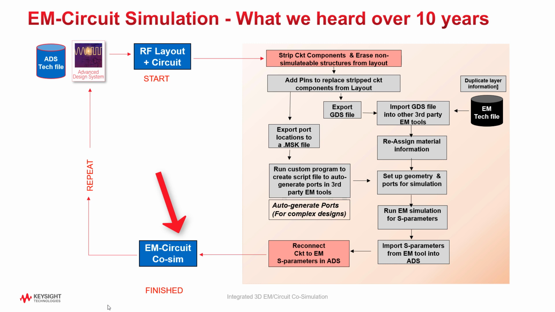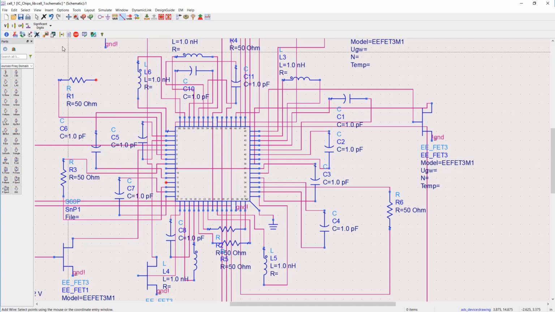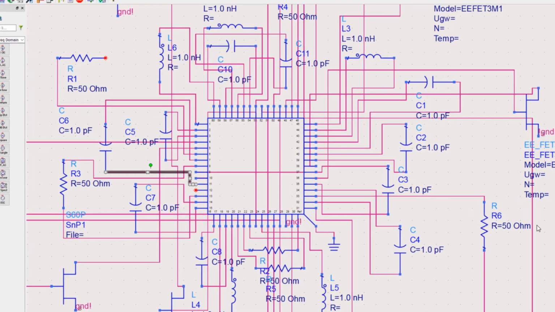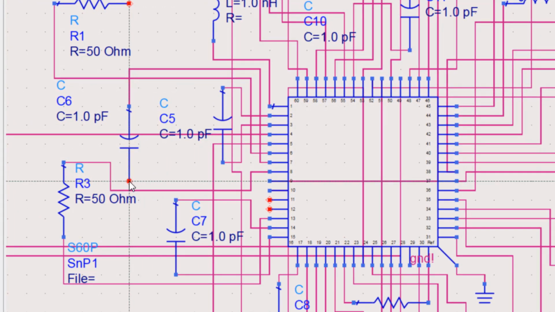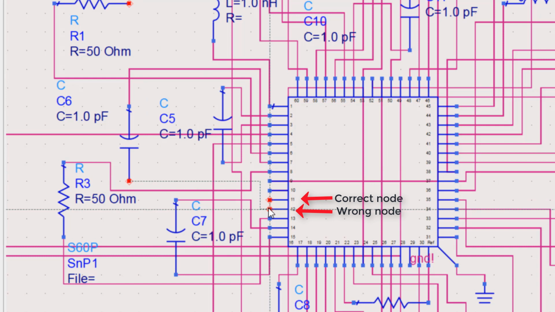This reconnection process is manual and tedious and error-prone, especially when hundreds of ports are involved. Just imagine if by error you happen to manually connect the wrong component at the wrong node, and perhaps the results were reasonably acceptable, but it is the wrong results due to this error.